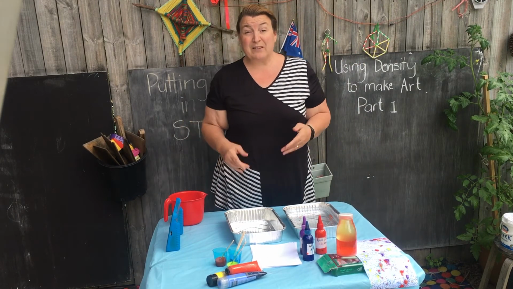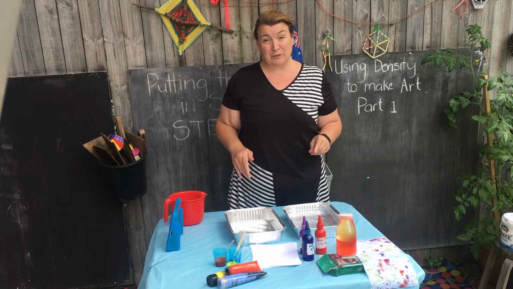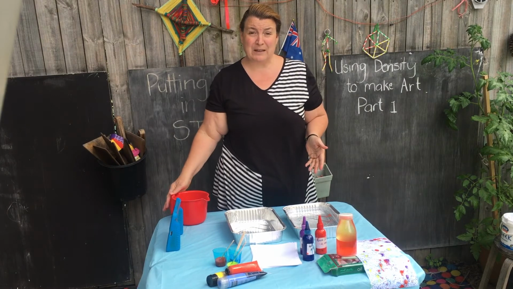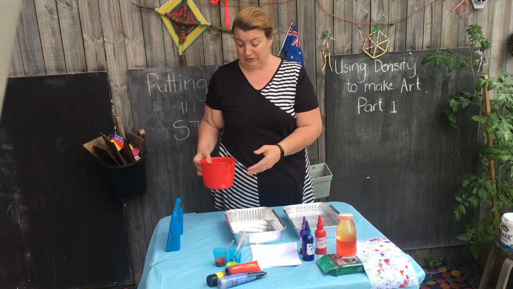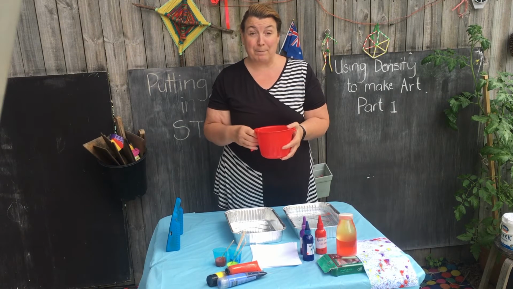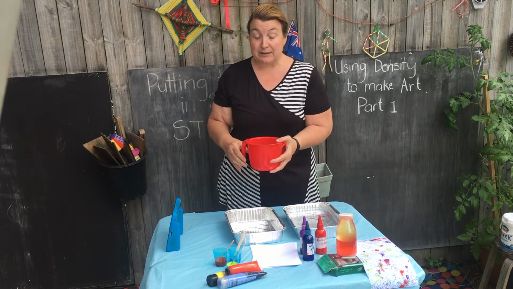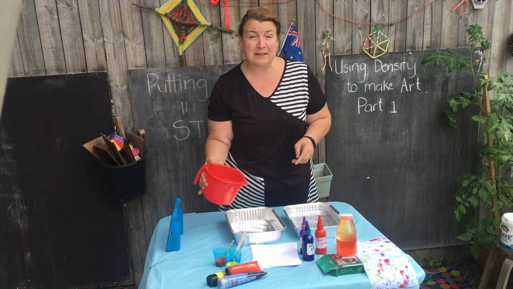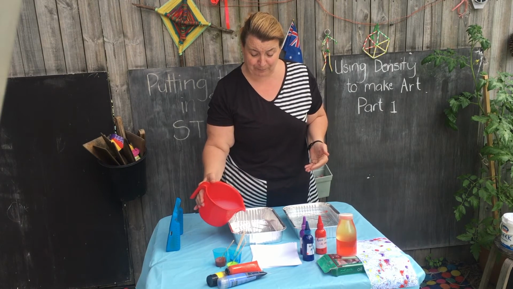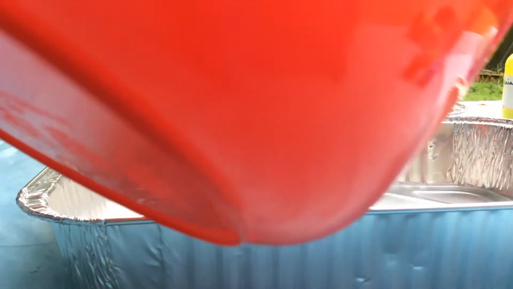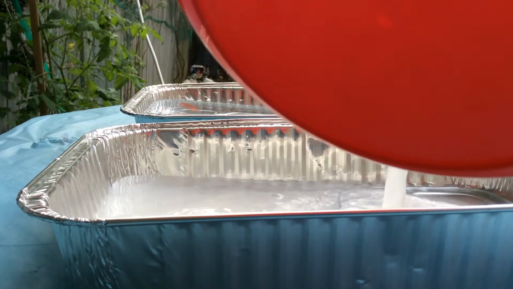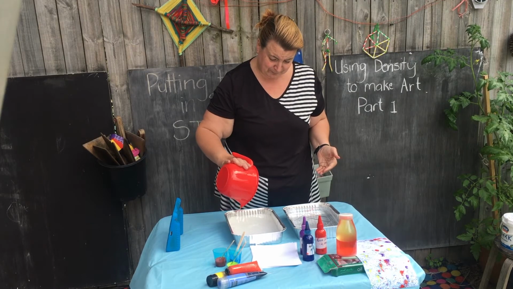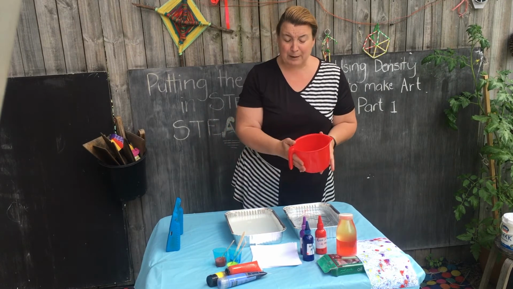Now this one is a bit easier for kids to do, but you'll still need a grown-up to help you. I've made up a cornstarch water. So I've used some corn flour or cornstarch, and I boiled some water and I mixed the cornstarch into it. Now you'll be able to see it's not clear anymore, it's white. And that means it's a bit thicker than normal water. So I'll pour it in. See the white colour? And because it's a bit thicker,